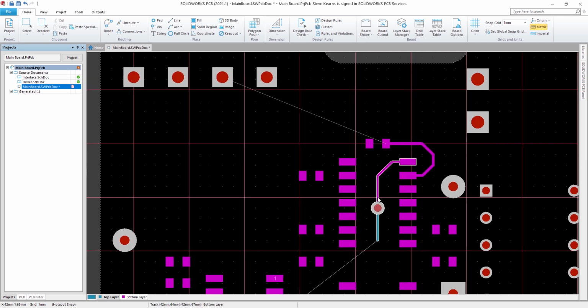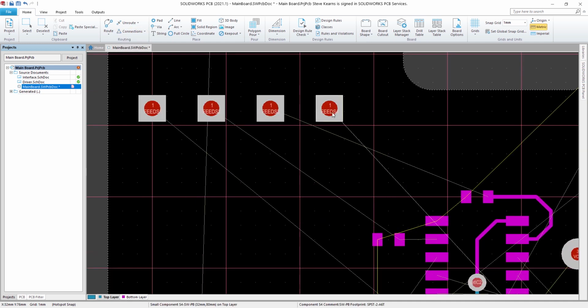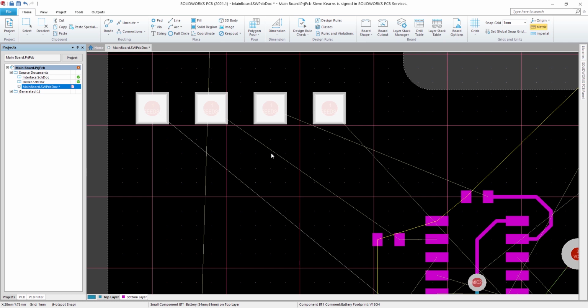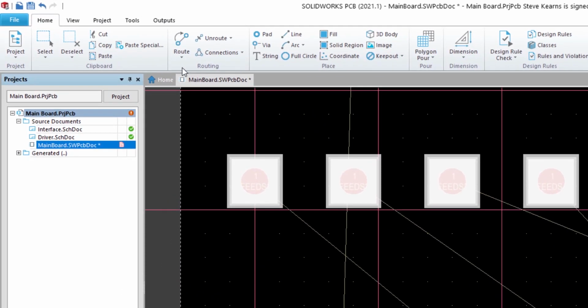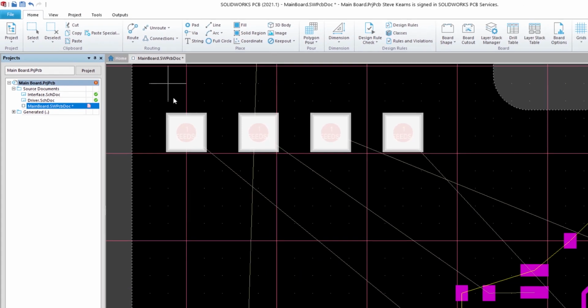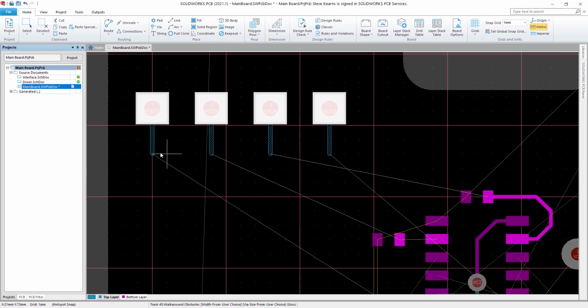Interactive multi-routing allows for a selection of nets to be routed together at the same time. Commands allow manipulation of the track spacing on the fly.